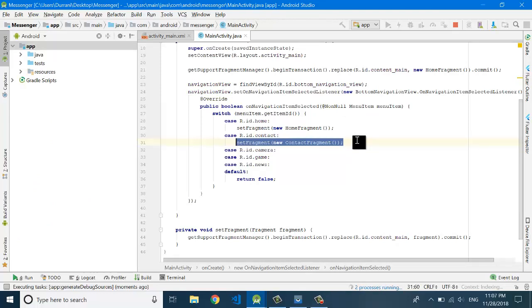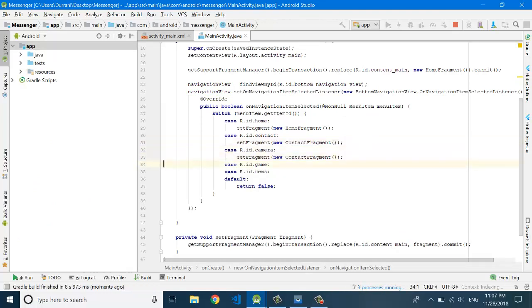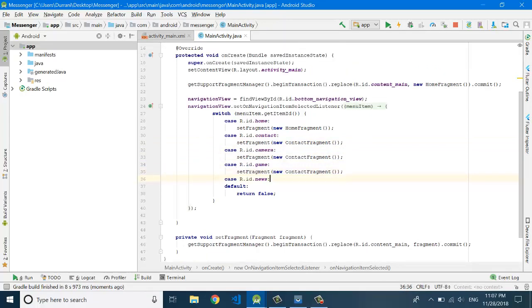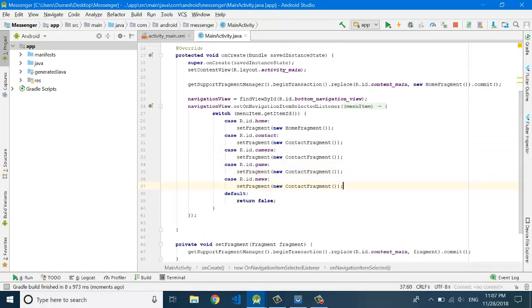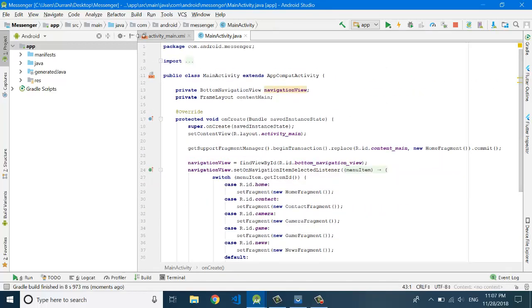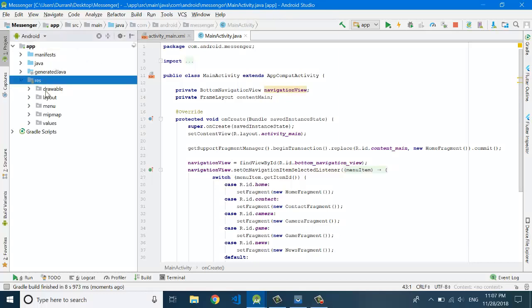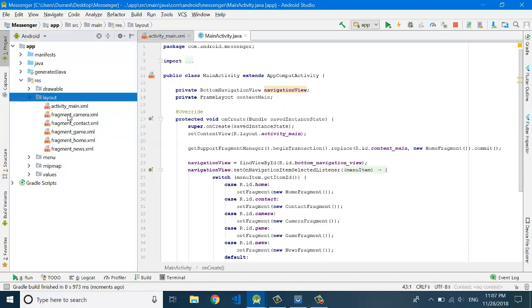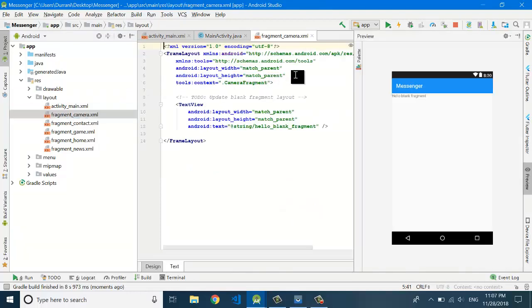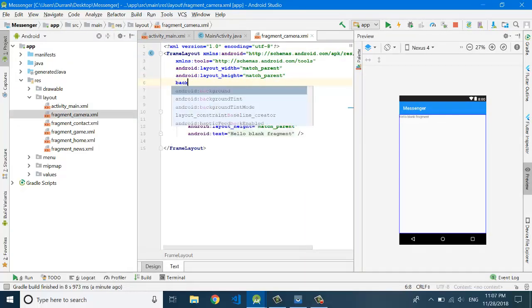and wait for the Gradle build. Copy this method and paste it over here. Okay, so now copy, replace this with the camera fragment, and now this one with the game fragment, and again this is the news fragment. The on-click listener for the bottom navigation view is now ready, but first